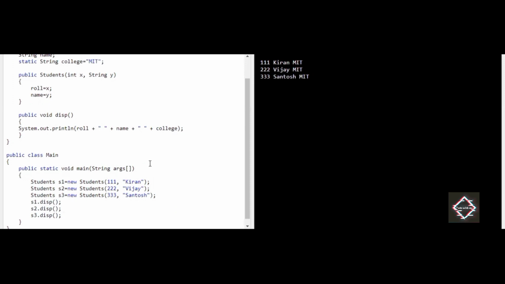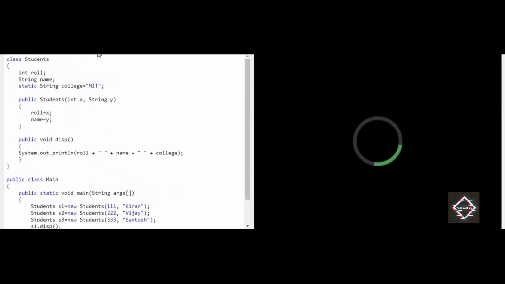You can clearly see here, friends, in this constructor there are only two incoming parameters, a string and a roll number. And followed by here also, I am sending only two variables, a string and an integer. Now when I run the program, you can clearly observe, friends, the output remains the same.